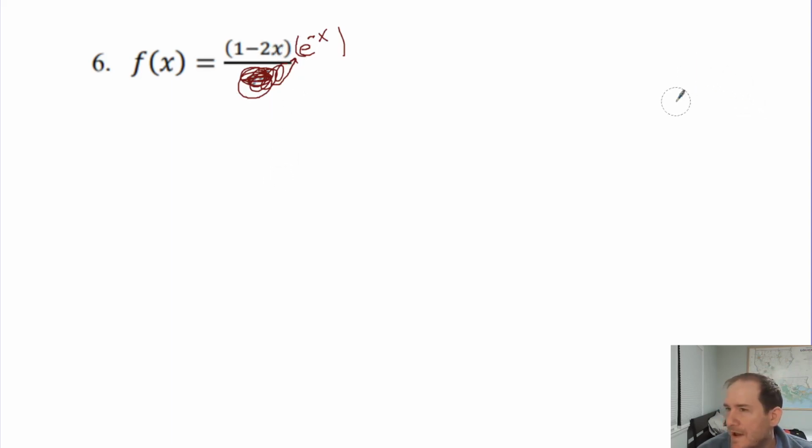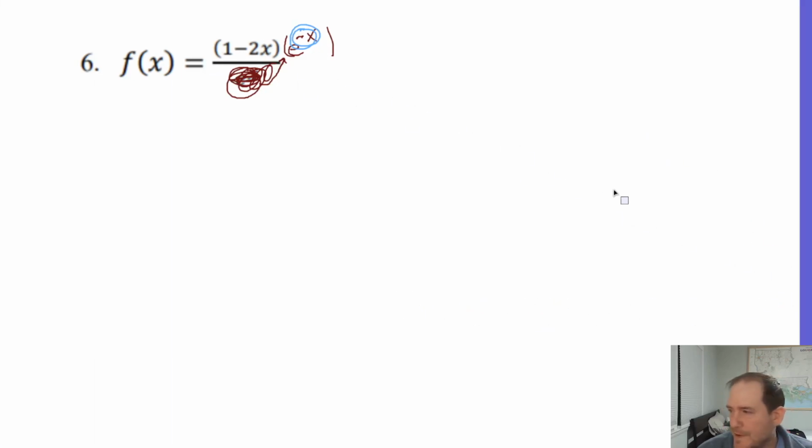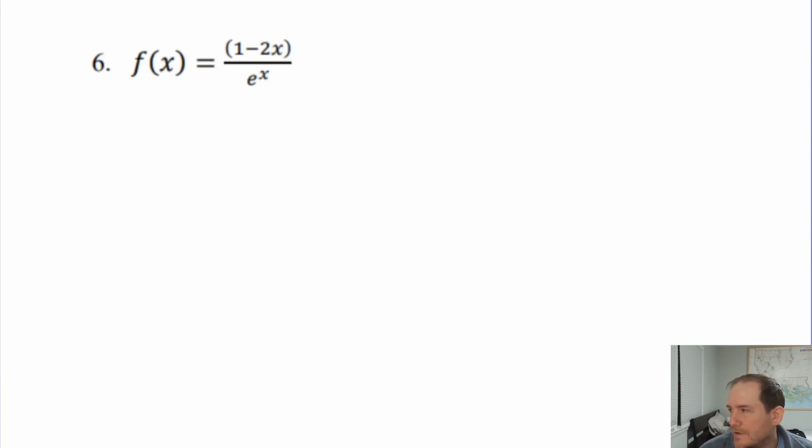You could. I just don't think it's better necessarily. I think either way is going to be just as good here. Honestly, I think we're better off avoiding the negative exponent. So I would leave it downstairs, and I'd go ahead and use quotient rule. And I think it's going to feel better if we do it that way than if we did it any other way. So without further ado,